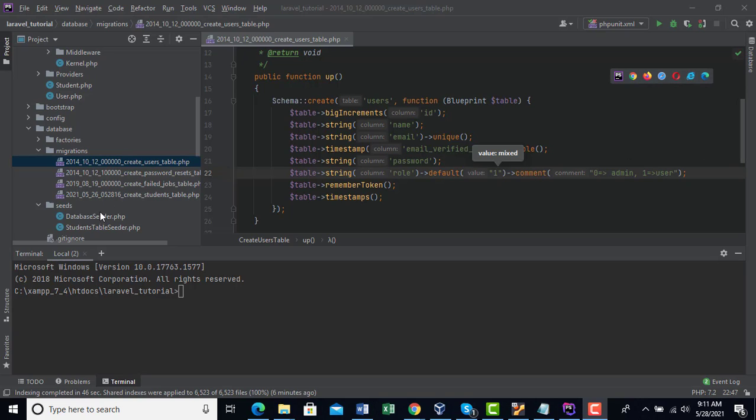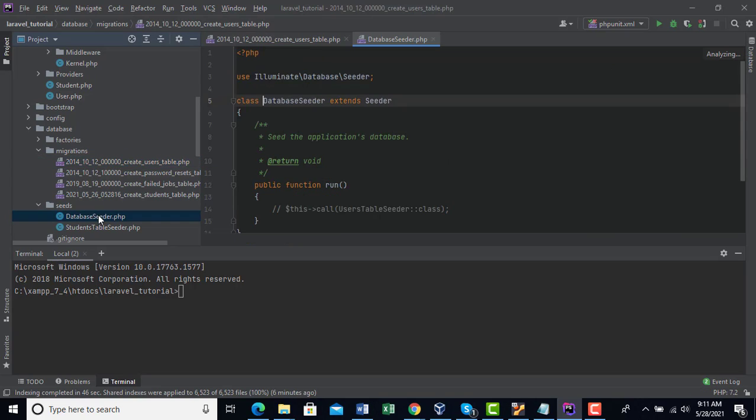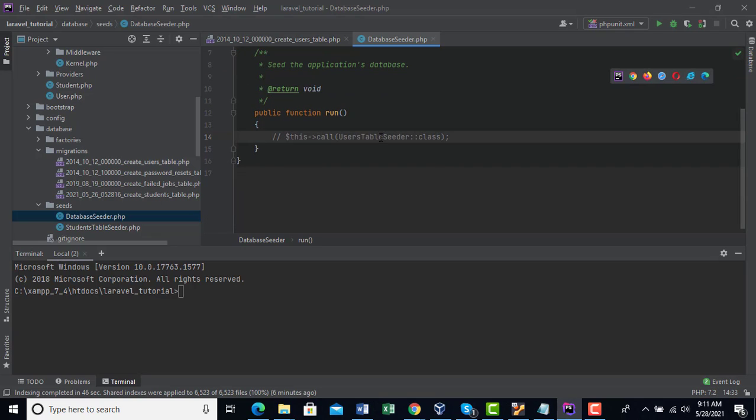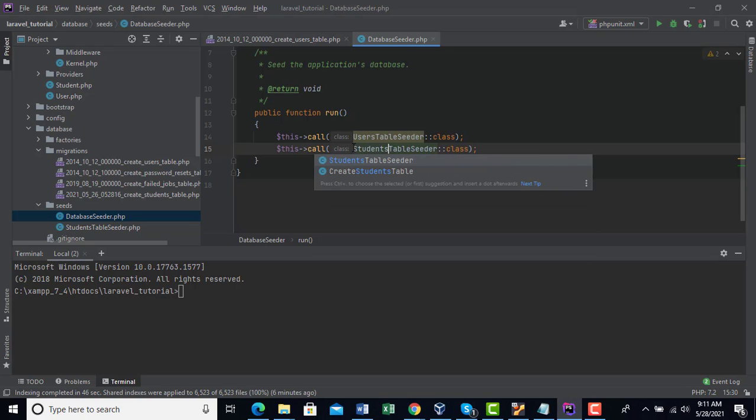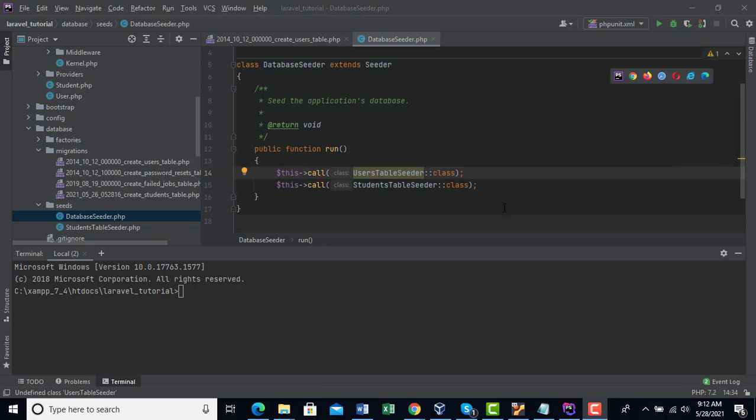After that, in seeds database seeder, I uncomment this and also I duplicate this and add another database seeder, students database seeder.